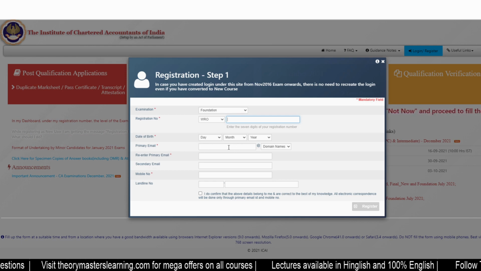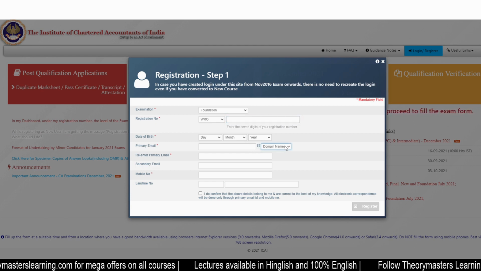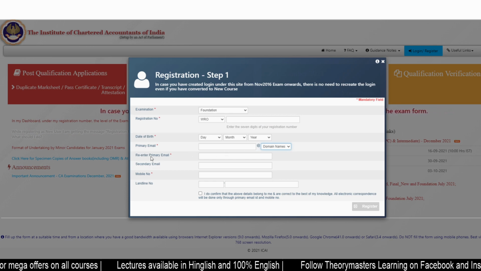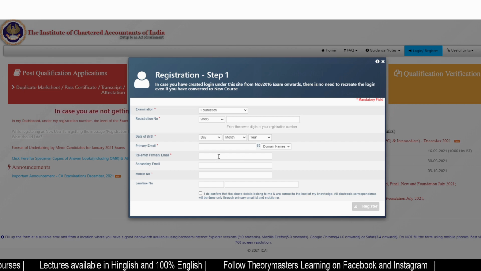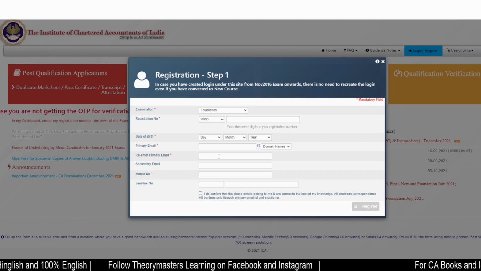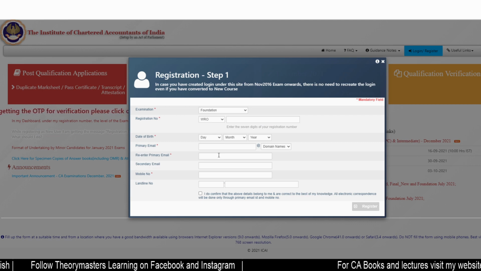Primary email, this is the email on which notification will be sent. You will enter the email ID and @ domain name, Hotmail, Gmail, Rediffmail, Yahoo, that will be selected from the drop down arrow. You will re-enter your primary email. So enter the complete email. Now you will have to enter the domain name yourself. So you will enter your complete email ID, like for example, xyz@gmail or rediffmail.com.